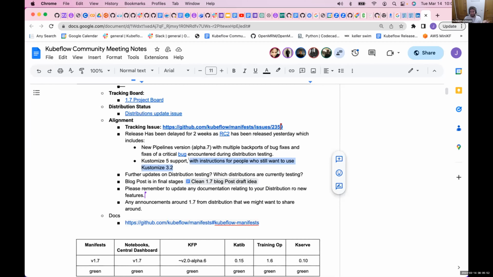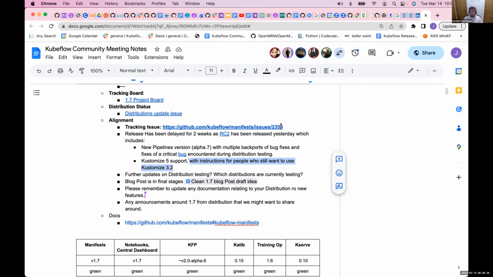And given that we were going to release tomorrow, that is not enough time to actually test that RC. So we are prolonging the release for 2 more weeks. This should give everyone time to update whatever they have to update in their distributions to do some more testing. So there is 1 more week of distribution testing to update all of this and provide us feedback. And then we'll have 1 week to update all the documentation. And the new release date will be March 29th, in 2 weeks. So let's hope for the next community meeting the news is that everything is ready and we will be releasing.